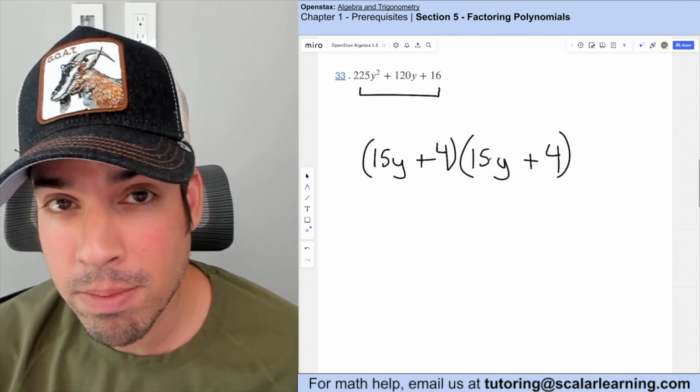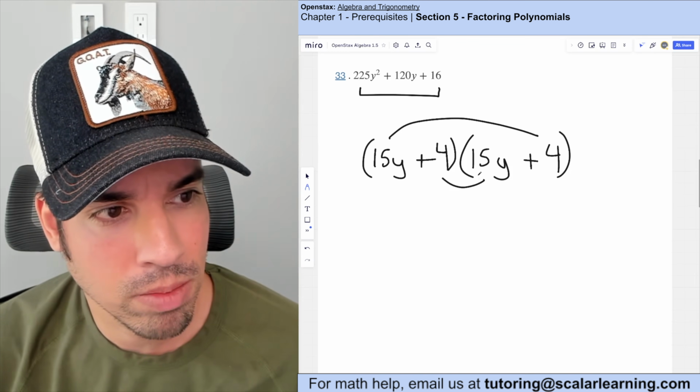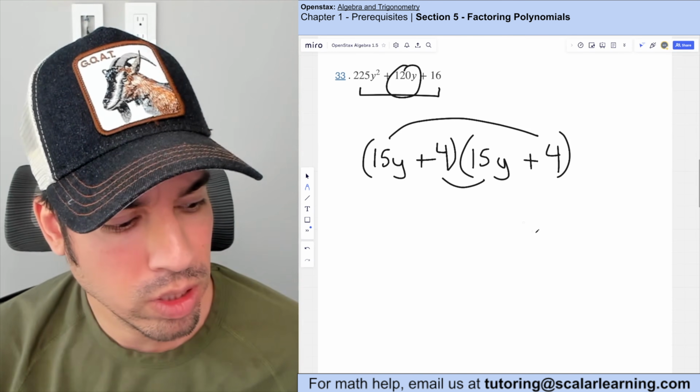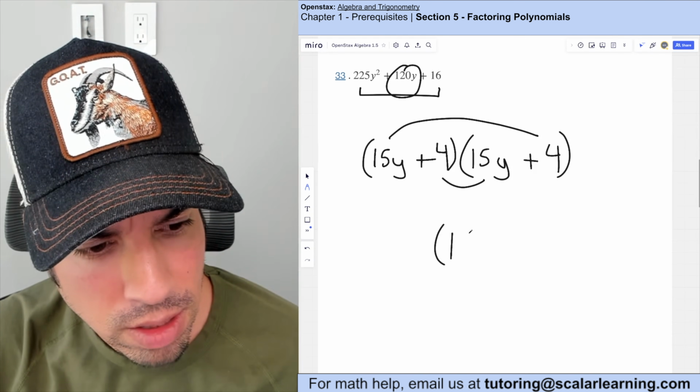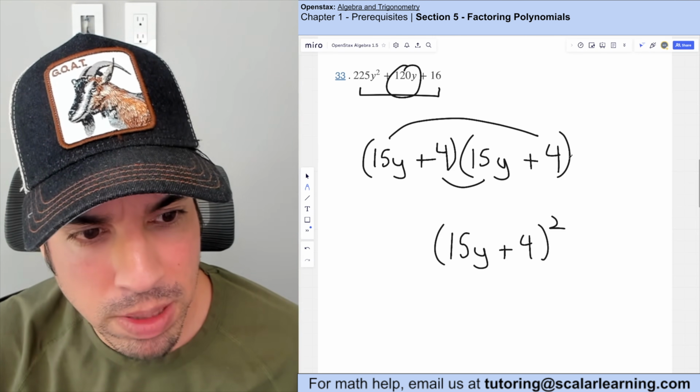And now we're just going to verify to make sure that the middle term works out as we think. So that becomes 60, and that becomes 60, which gives us the 120. So once again, we can rewrite this as (15y + 4) squared, since we have a repeated binomial,